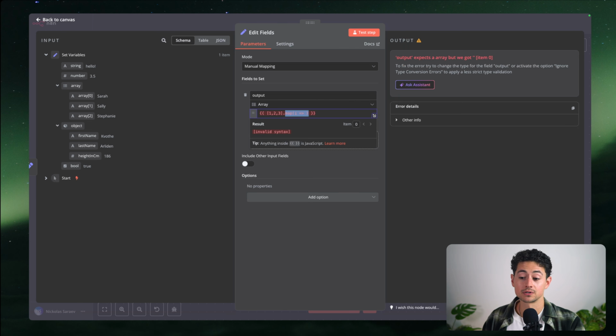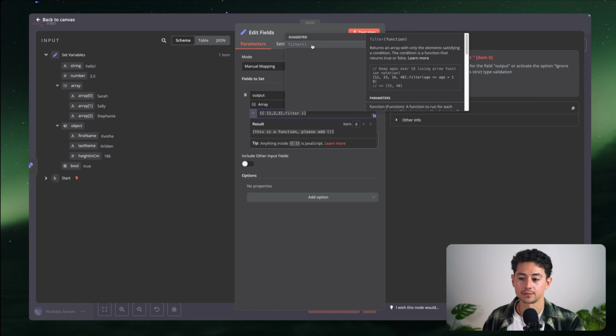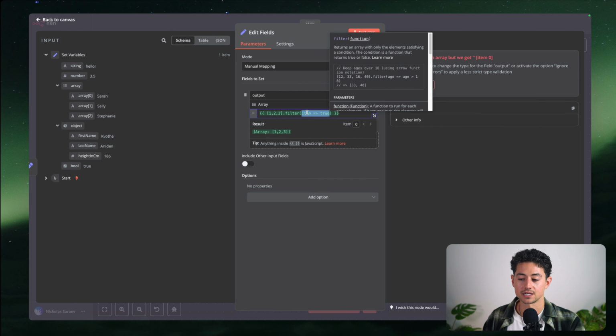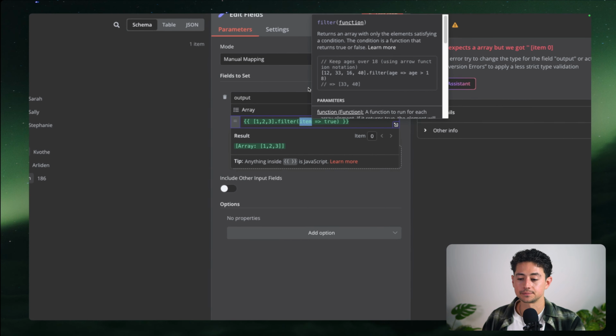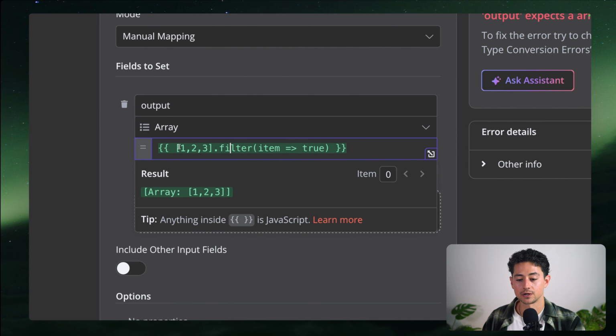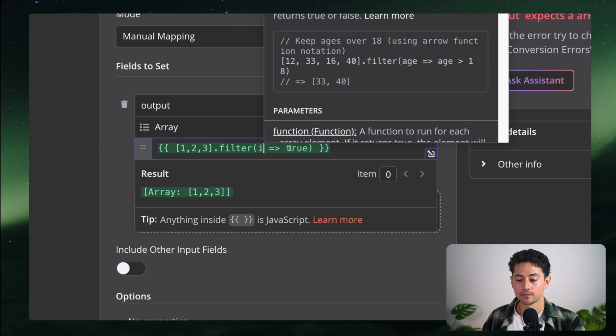Now, similarly to the map function, you also have one called the filter function. If you've never used the filter function before, I'm just going to give it a click because it'll automatically detect this for me. What the filter function does is it basically does the same thing as map insofar that it goes over every element in your array, but it allows you to filter out elements that don't match the criteria. So let's say I have a simple array here, 1, 2, and 3, and I filter out all elements